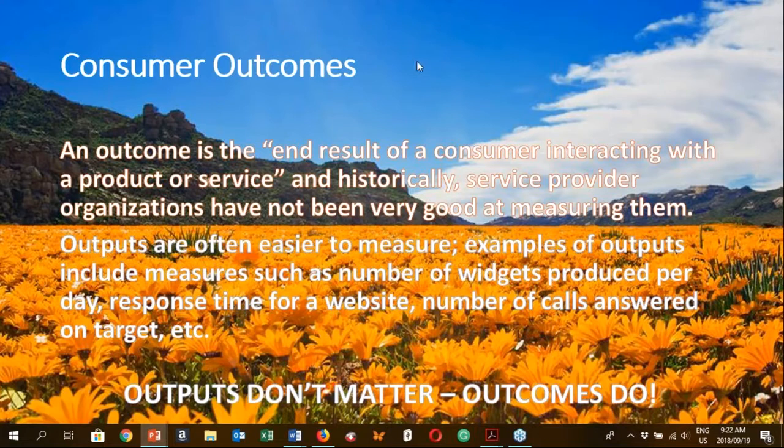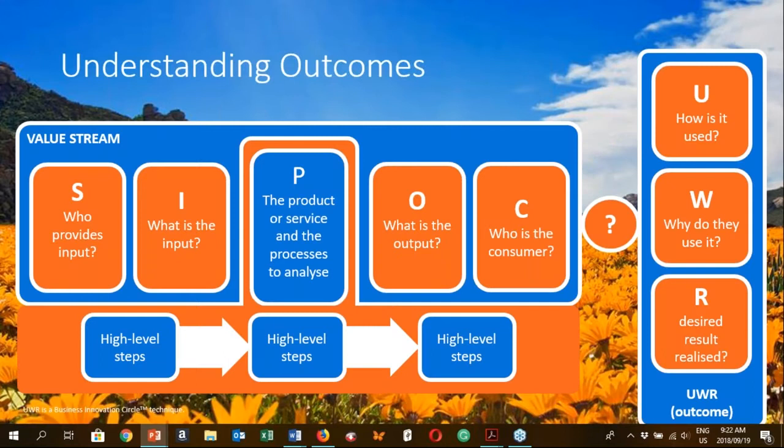One of the ways that we can do that, remember previously I talked about value streams within the portfolio. Now, the way that we understand value streams is by using the SIPOC technique. Once again, it's something that we borrowed from Lean. It's been there for years.